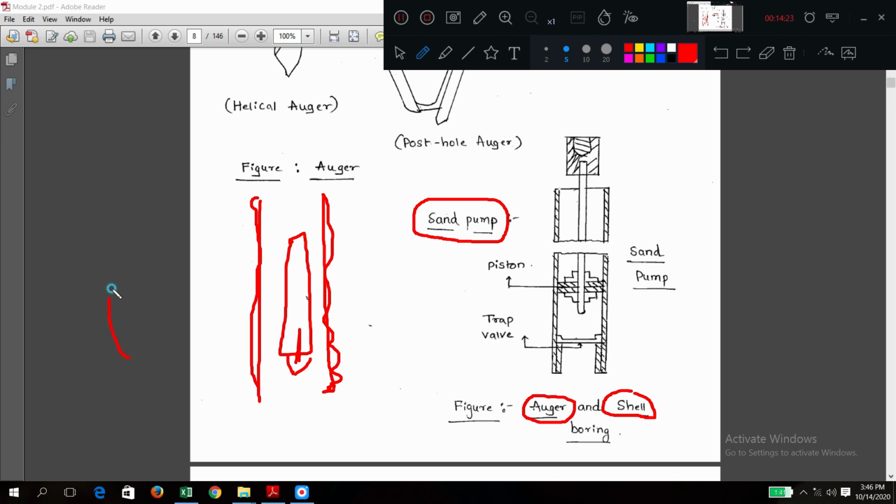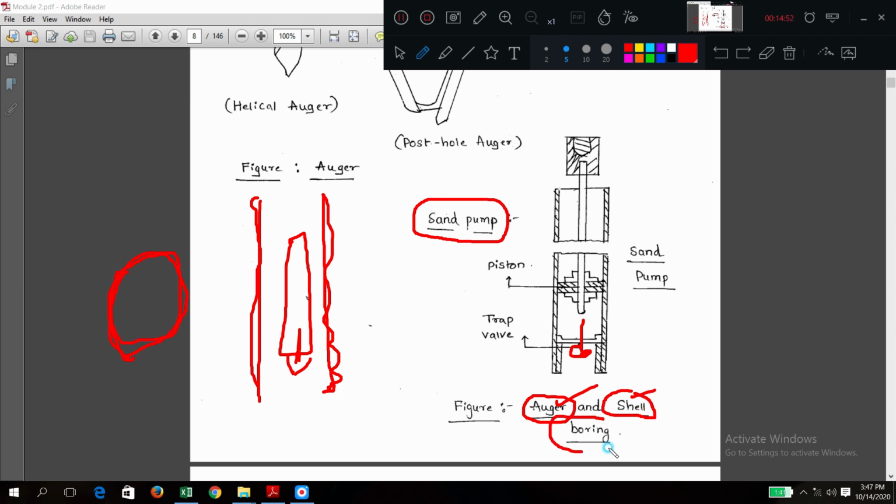For an egg there is a protective cover. What do we call it? It's called the shell of the egg, no? So like that, some instrument is there to cover that one. We have some protective shell. What is auger? Auger is a collecting instrument, which collects the soil sample. But the shell is encased. So this total assembly is called the auger and shell arrangement.